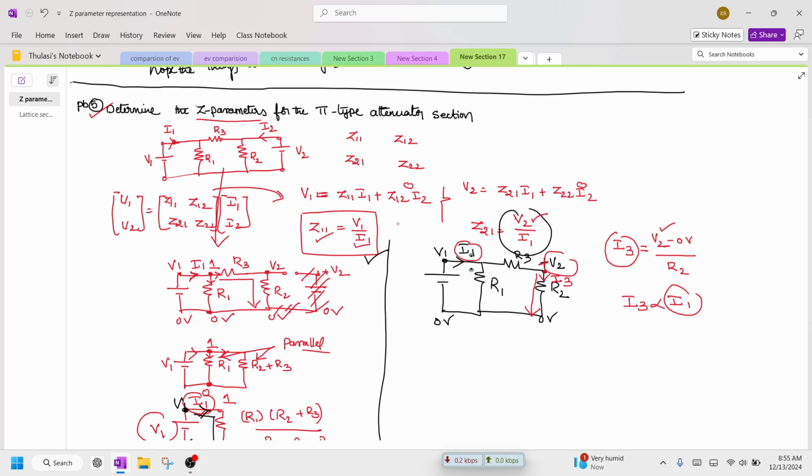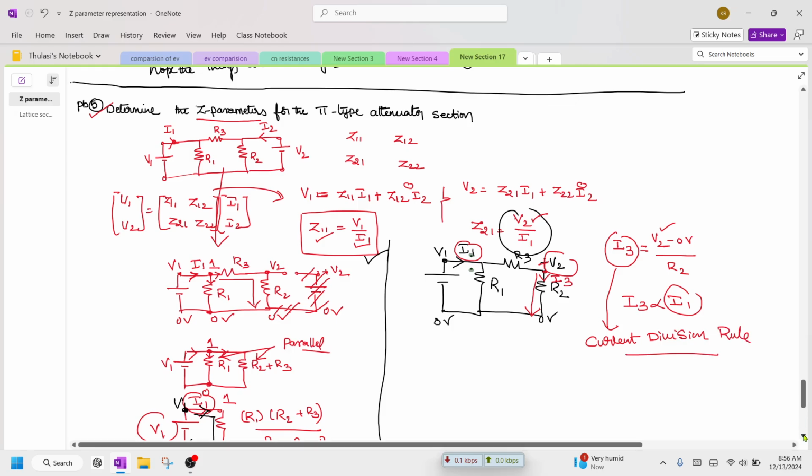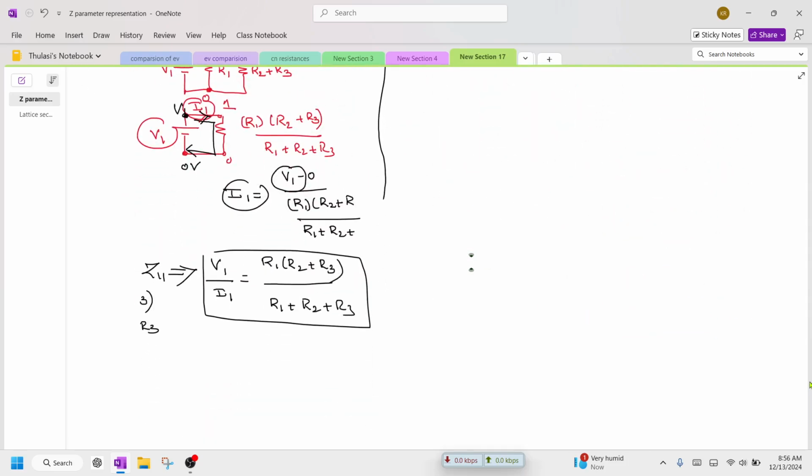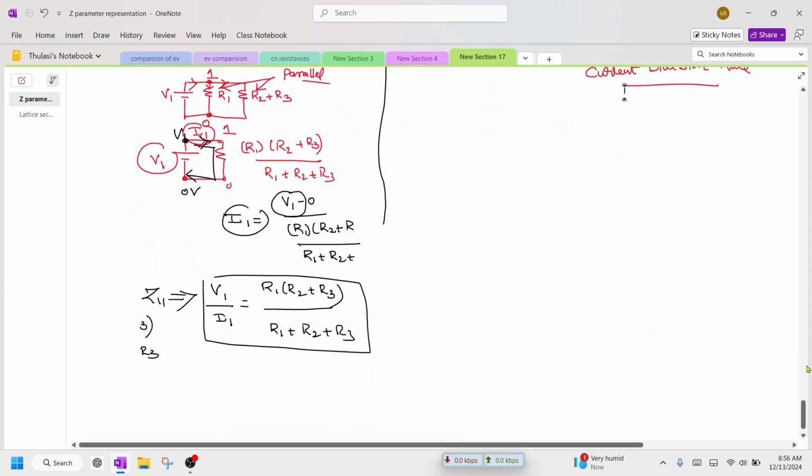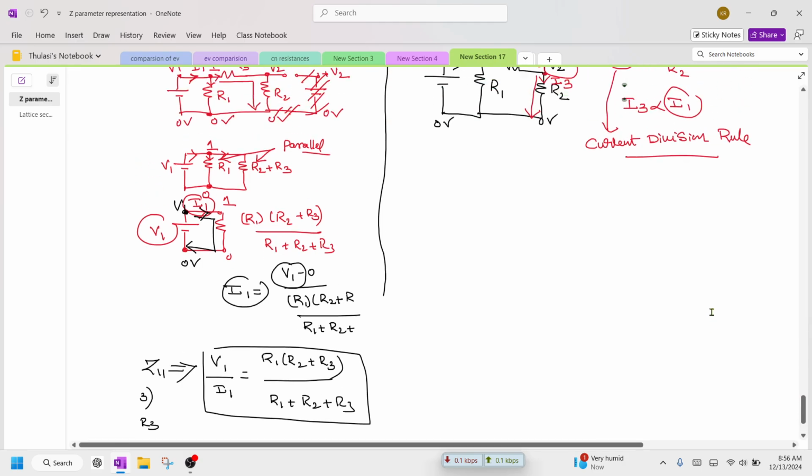Okay, now let's try to check this relation. Now how to write down this I3? So I3 is the current in this branch. How to write down the current in this branch? So current in any branch you can find out with the help of current division rule. Okay, so with the help of current division rule, I'm going to solve this problem. So as per the current division rule, what we are going to have here is,